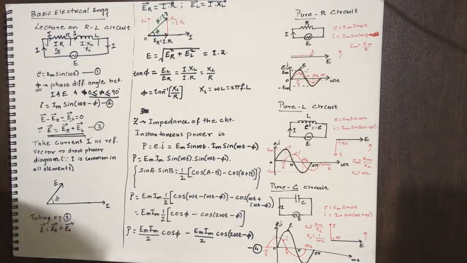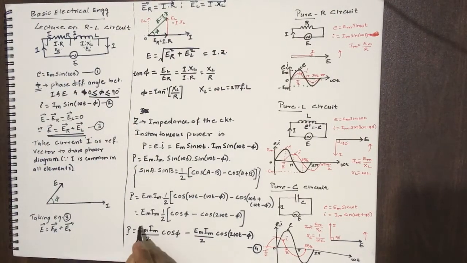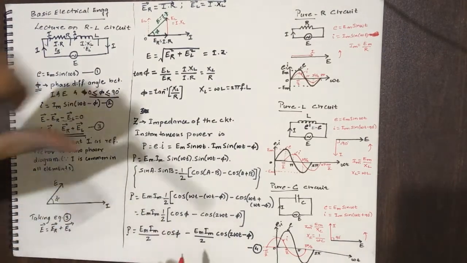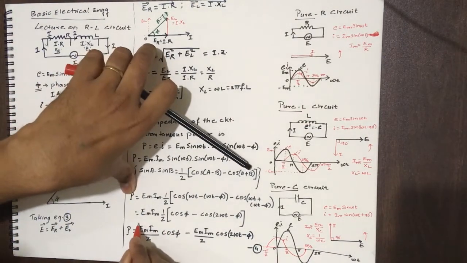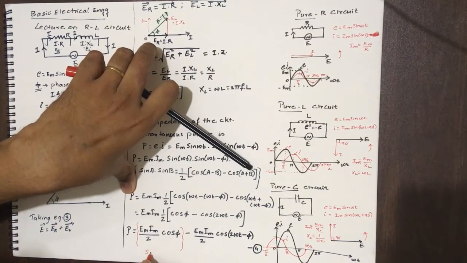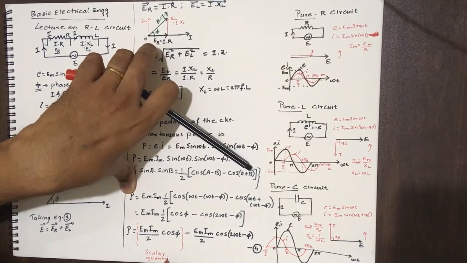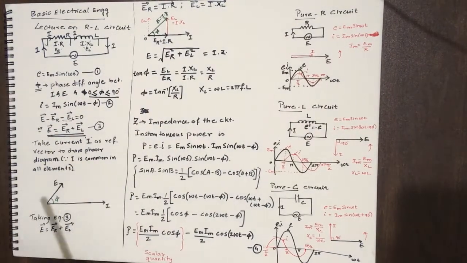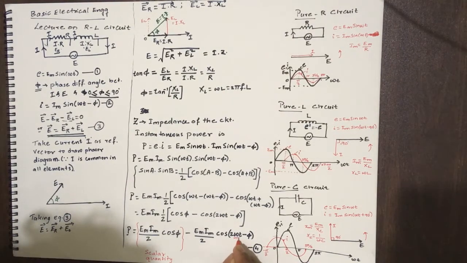Hence the first term contributes a scalar quantity. Okay, so this I will mark just for distinction, a scalar quantity. Now coming to the second term of the power equation 4, we observe an omega term here, which